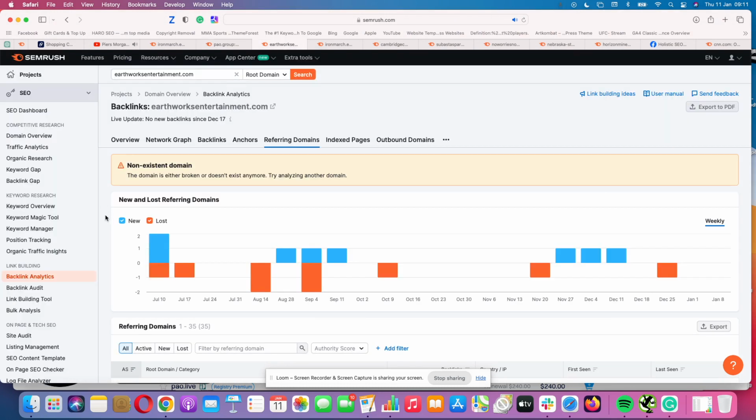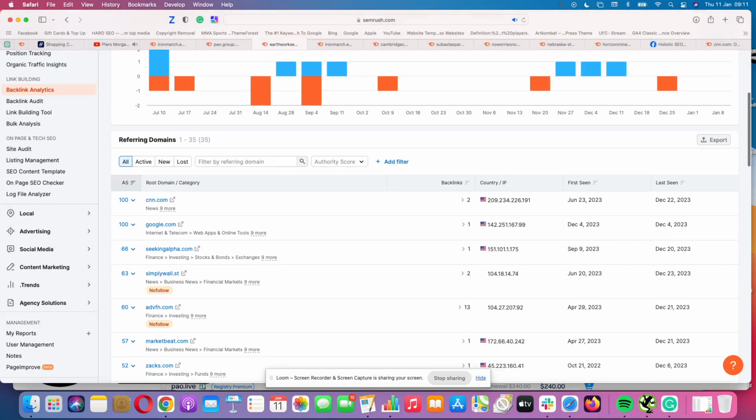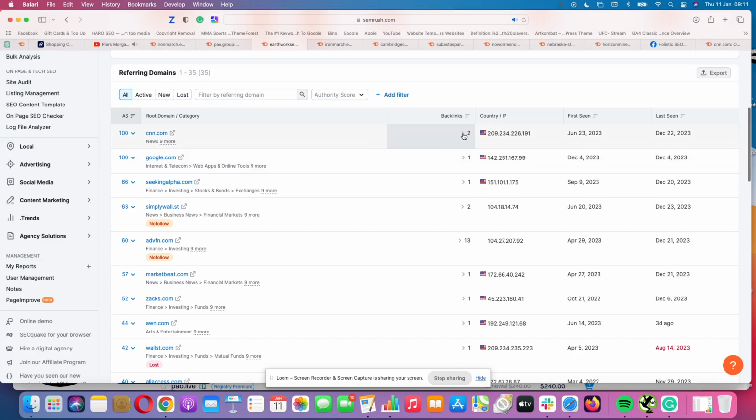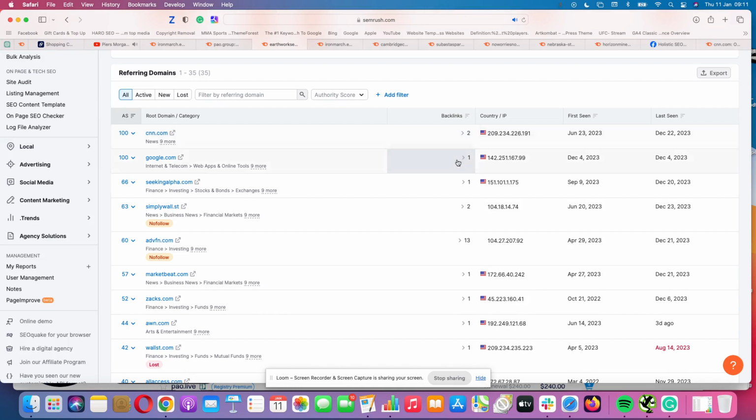As I said, it was a batch of 50,000. I ended up with 7,000 errors. From that 7,000, I got almost 30 available domains. So the next one here was artworksentertainment.com. You can go down here and see it has links from CNN, nice links there. Google,